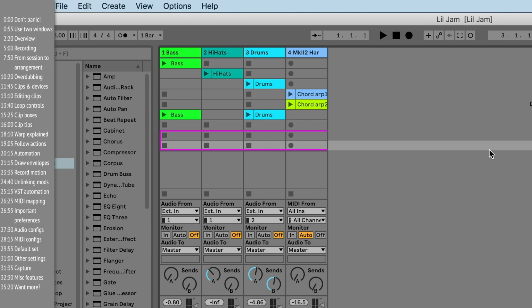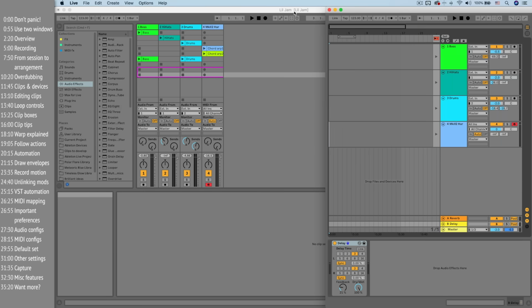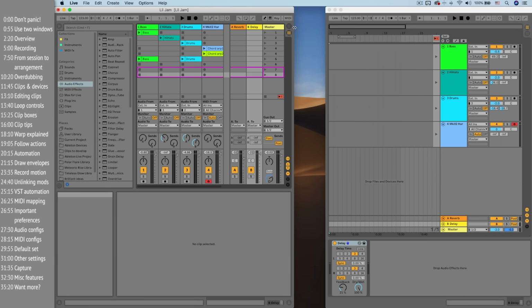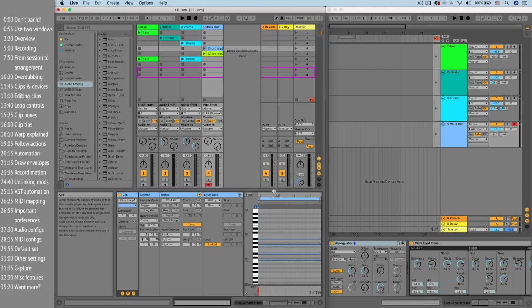I think the best way to avoid this confusion as an early user is to open the second window and put them side by side. When you're starting out, you don't need the extra screen real estate for tracks, but you do need to understand the interplay between the 2 views. Plus, adding a second window gives you the advantage of seeing both the clip and device views when you drill down into specific clips. More on these 2 in a bit, but first let's start by understanding the session and